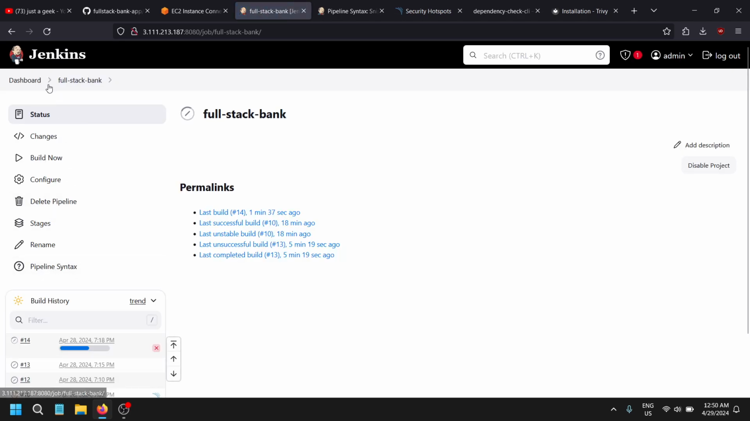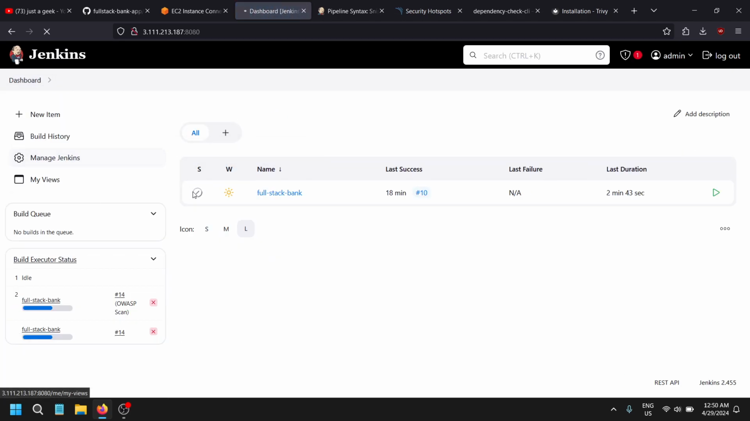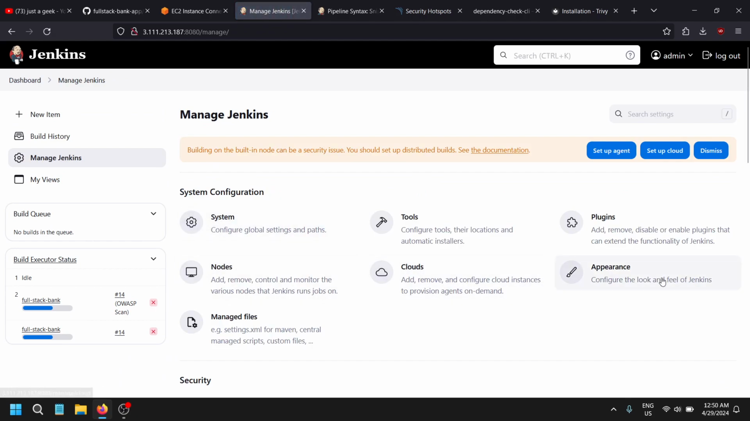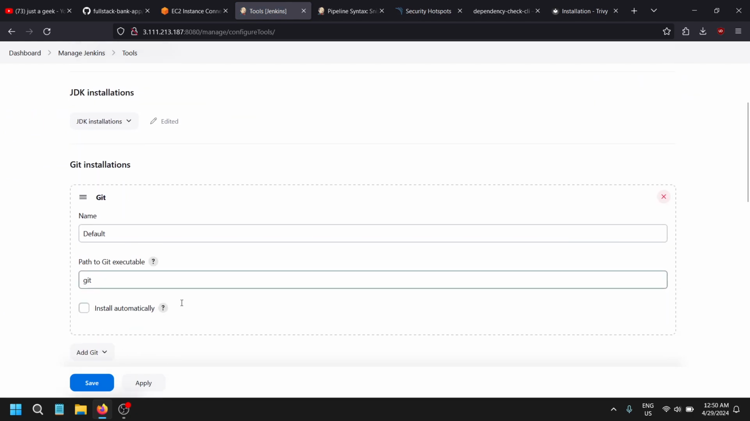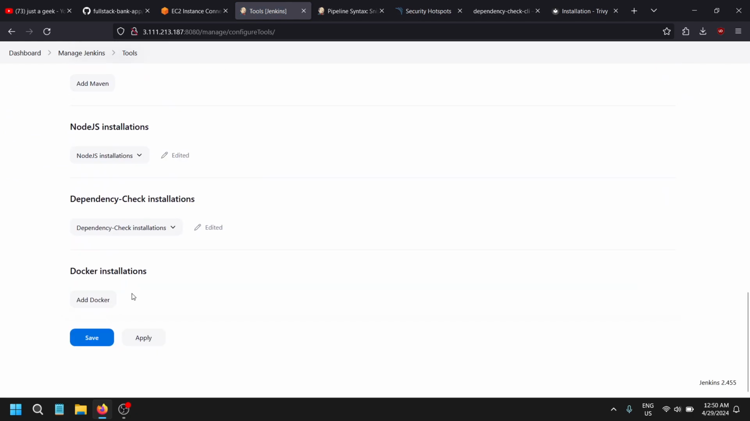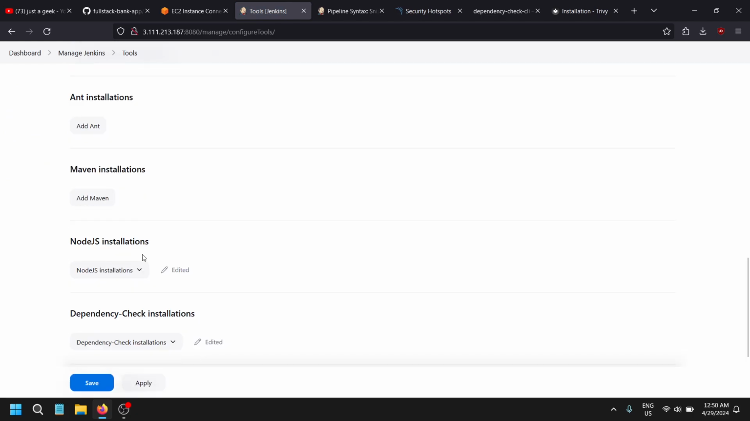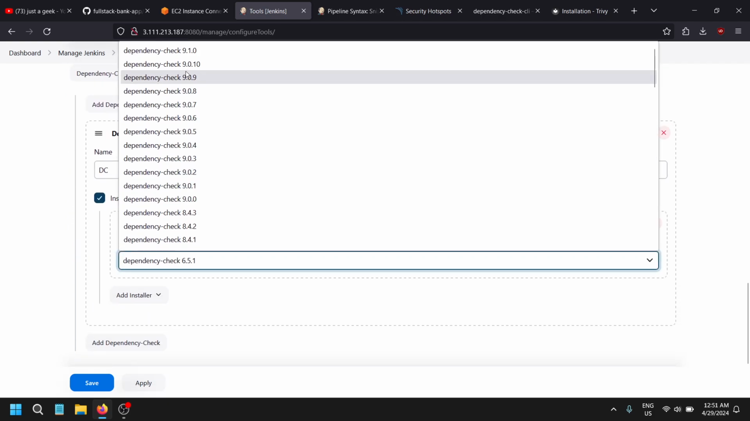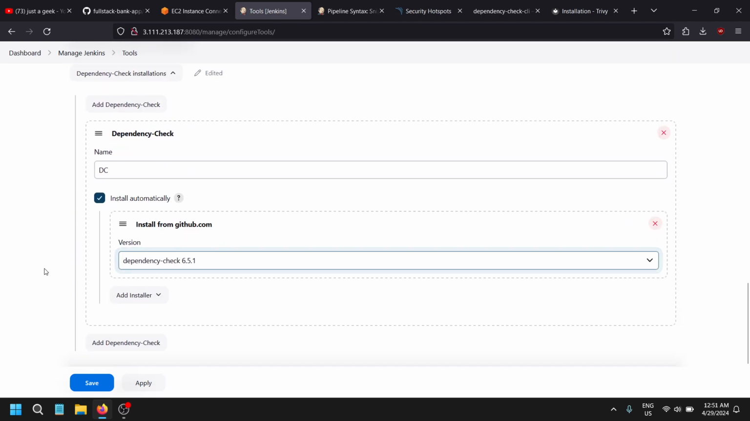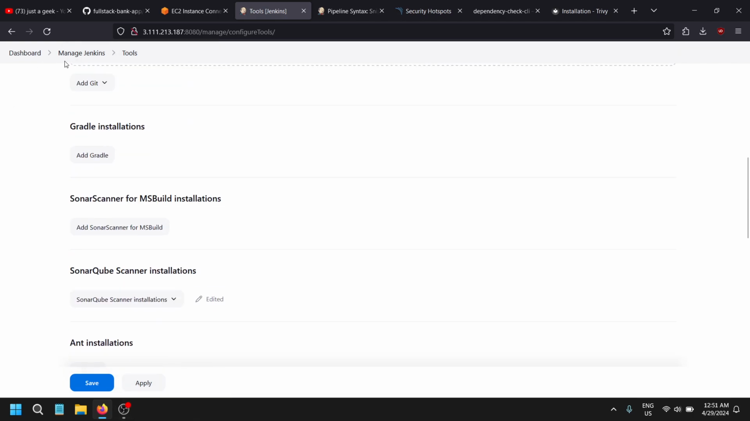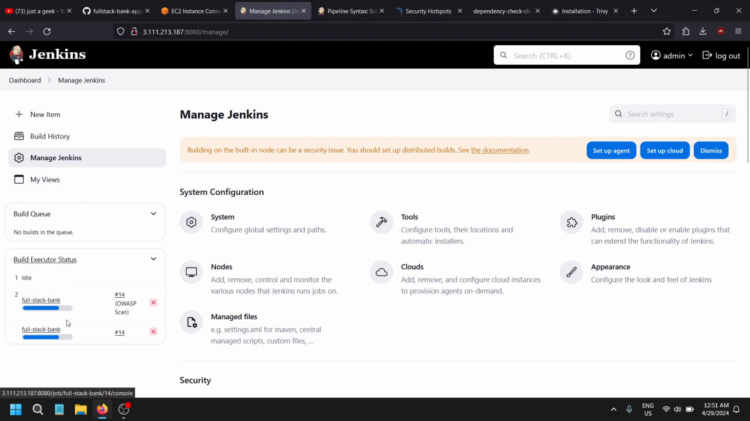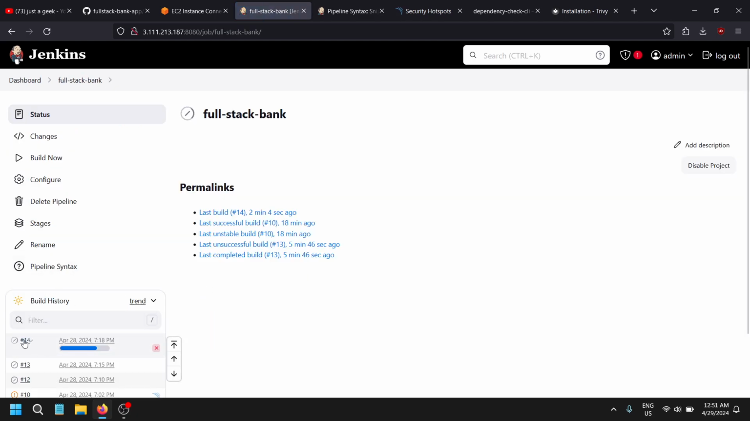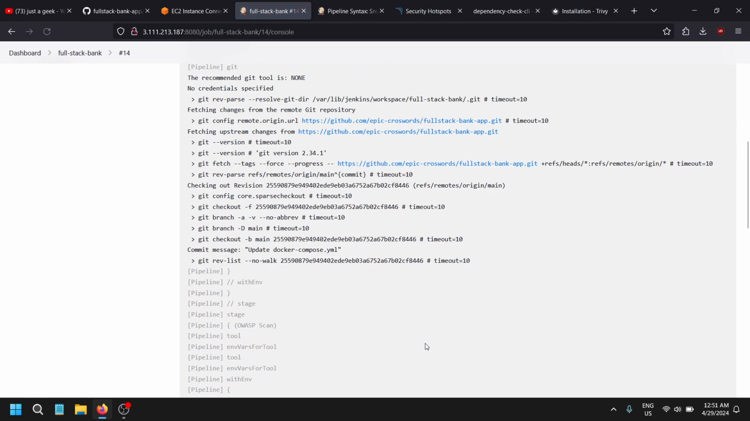So how did I do that? Just go to the dashboard, as there are some issues with the latest version of the OWASP security tool. Go to the tools itself. On the tools, you have a dependency check over here. I was using the latest version, which is 9.1.0, and I have moved directly to 6.5.1. Once I apply and save that, I run the pipeline again, and it started